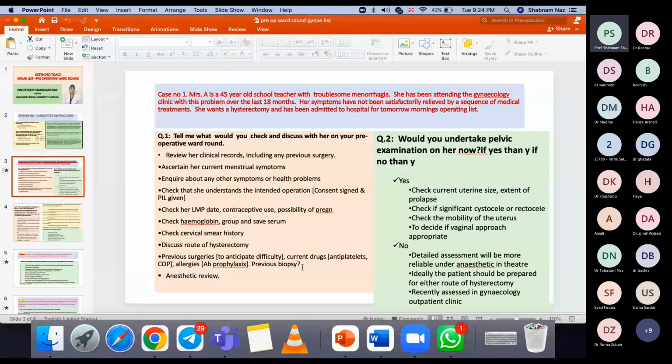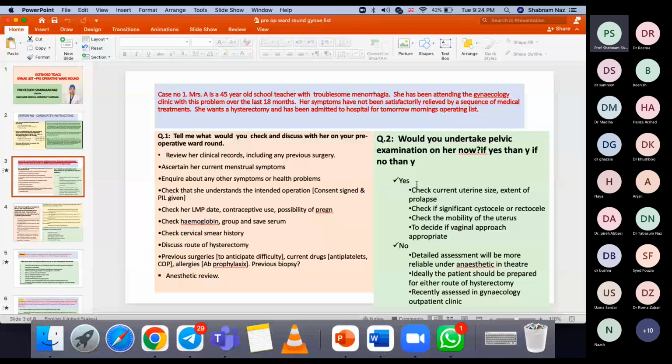अगर उसकी previous biopsy में कैंसर है और एटिपिकल एंडोमेट्रियल हाइपरप्लेजिया है, तो आपने फिर उस हिसाब से उसकी हिस्टेक्टोमी करनी है। अगर कैंसर आ गया है तो वर्दीम हिस्टेक्टोमी या एक्सटेंडेड हिस्टेक्टोमी और lymph nodes, you have to ask for previous biopsy too, right? Anesthetic review, right? आपने वो बता दिया था. Most of the points you have covered, but a few points you have missed. You have to cover them in the next session or practice to keep all these points for your exam.